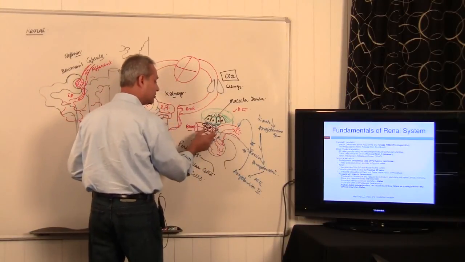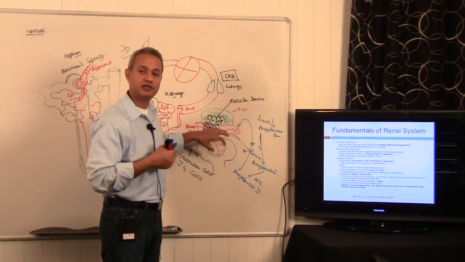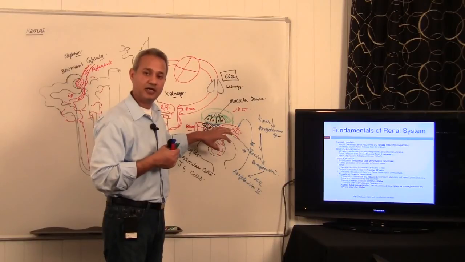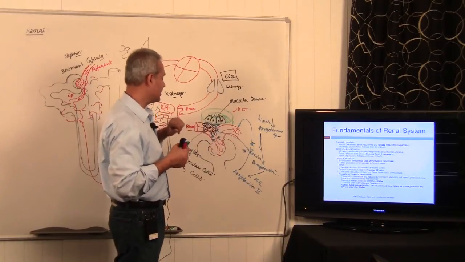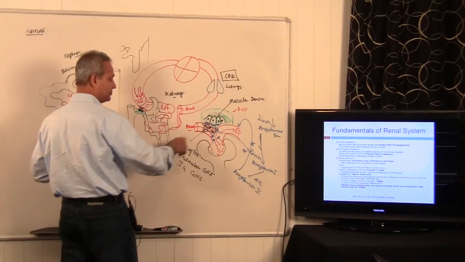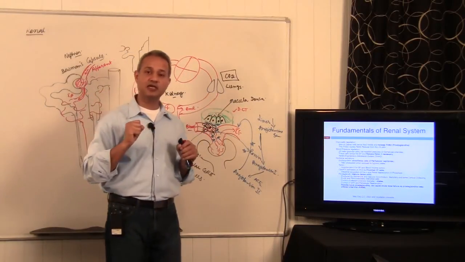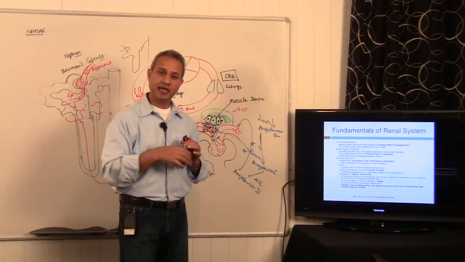The second thing now, so that is the blood pressure part, sensor part, and the function. Now look at the macula densa. Macula densa receives the sodium, and that sodium